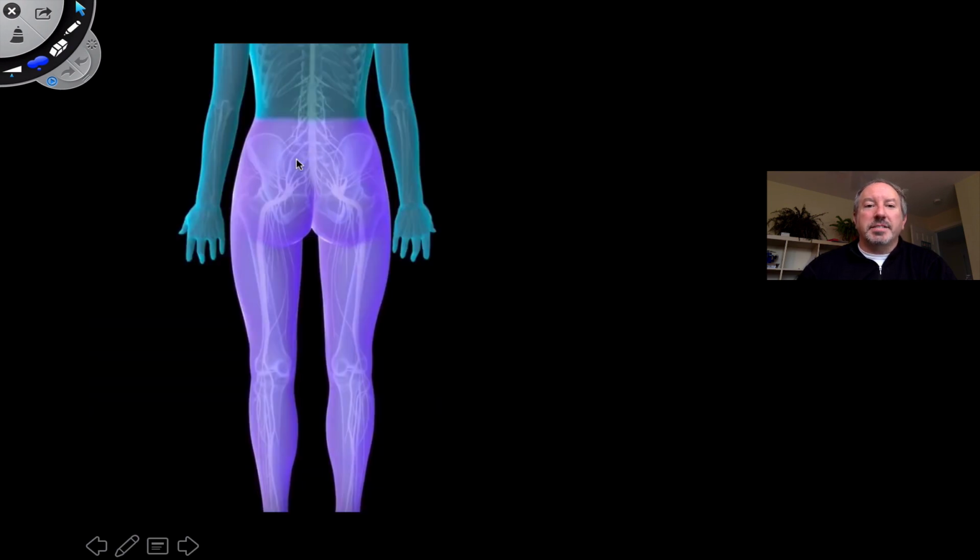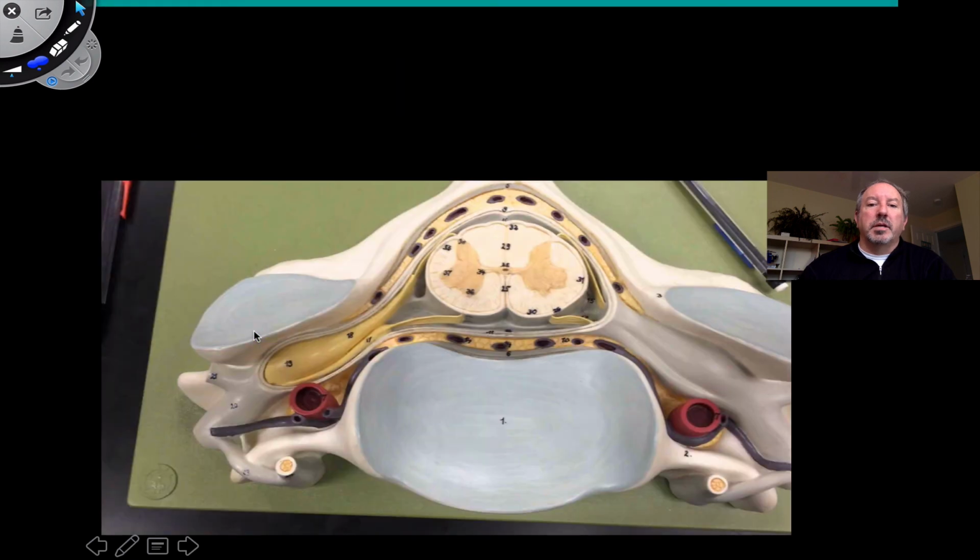And so what that analgesic medication does is numb the body, not completely, but really deaden a lot of the pain in the lower extremities of the body, in the lower limbs, which is particularly important during child delivery. So getting back over here to this cross-section of the spinal cord,